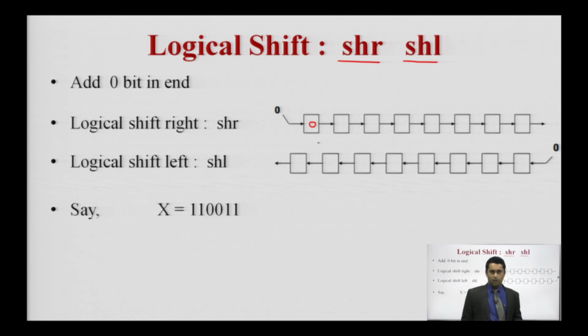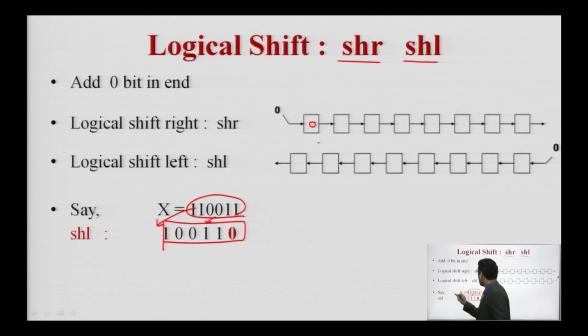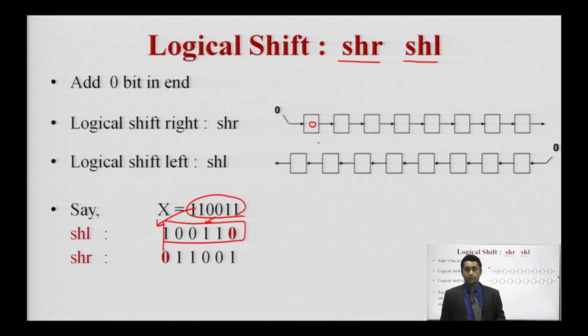See this example. In this I am going to use the logical shift right and logical shift left. So, this is the shifting left. All the numbers are going to be shifted this side, and this one is out of the bound and we are using 0 here. Similarly, when we are talking about shift right, in this case we are adding a 0. So, when we are using a logical shift, we are adding 0.